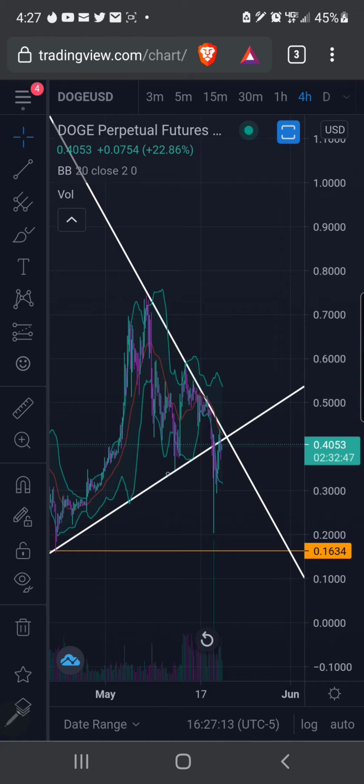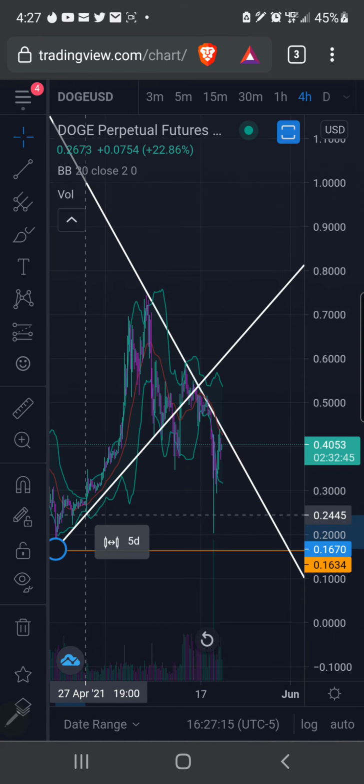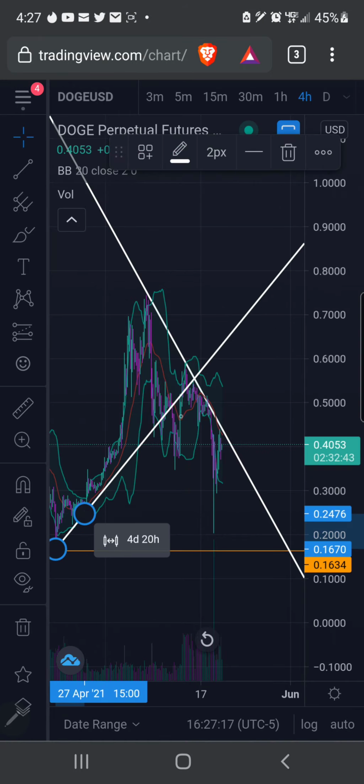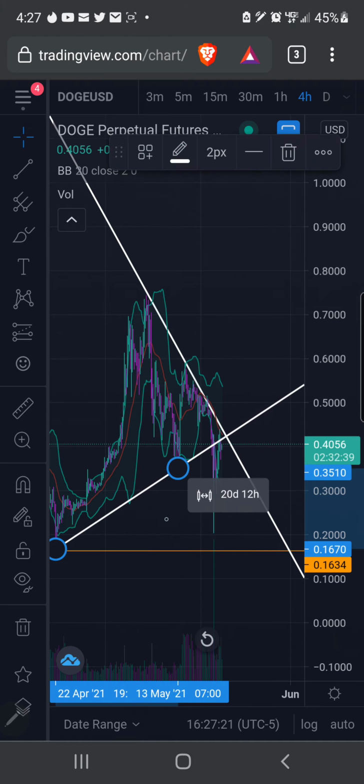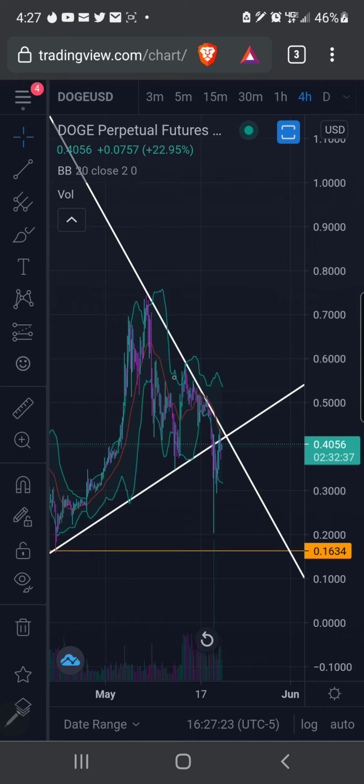Let's draw it right there. I could pick this one right here to see what happens. But I don't know. I feel like this one's more solid. Okay, and then you got right here, you can see there is a